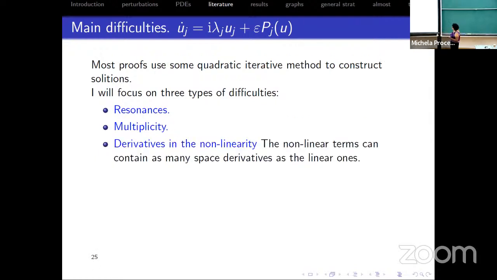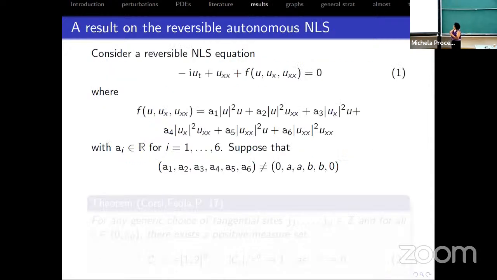And the third difficulty is, remember, derivatives in the nonlinearity. So these are the three things that I'm going to try to tackle, and I'm going to try to explain a couple of results, and then maybe give you an idea of how to deal with the resonance problem. So first result